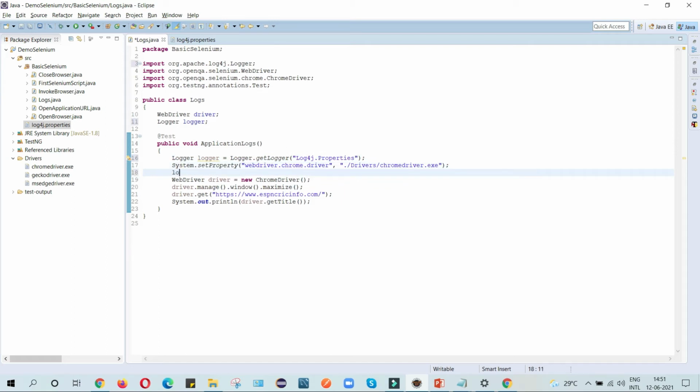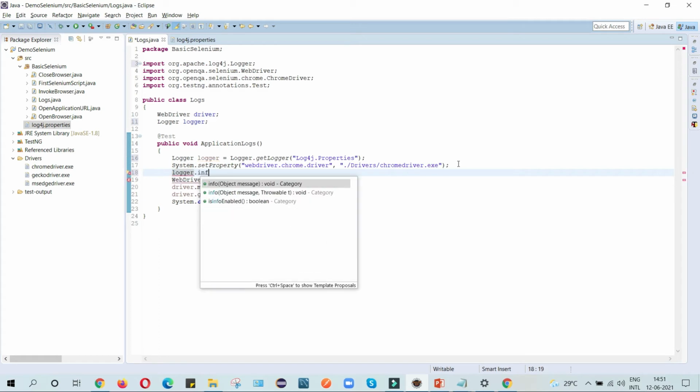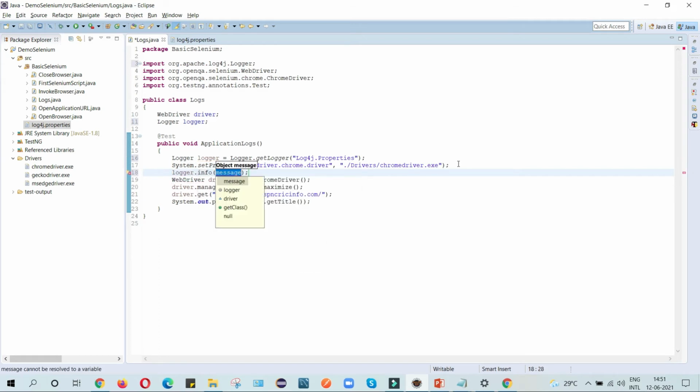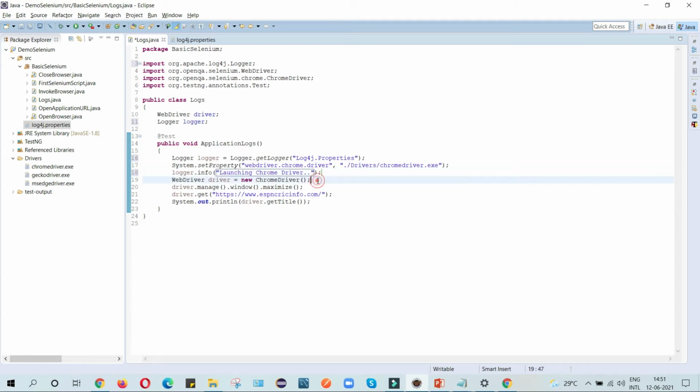So I will write logger.info, and inside info I will write my message. So here I can write launching Chrome driver. I just copy this message, and here my Chrome browser launches.